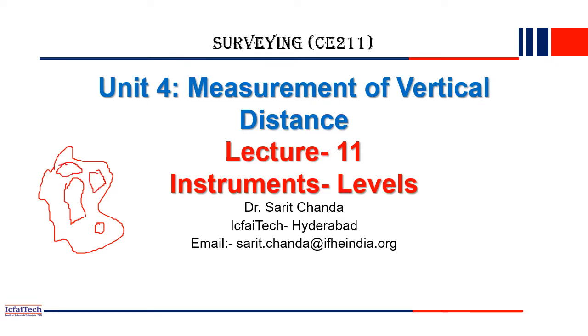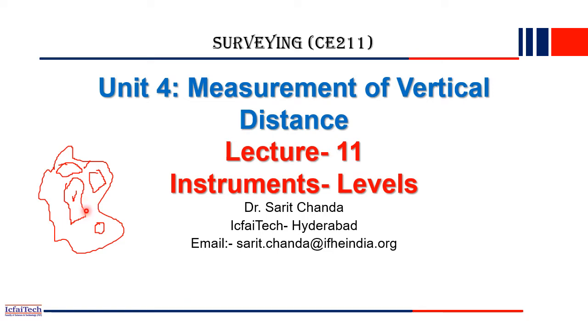If there is a lake, that has to be located. If a small hill is there, that also has to be located. All these physical features present on the ground have to be represented on a map. To represent each of these physical objects, we have to take measurements, right? Field measurements. In unit 3, we discussed horizontal distance measurement, that is, how far a point is from the boundary of this structure.